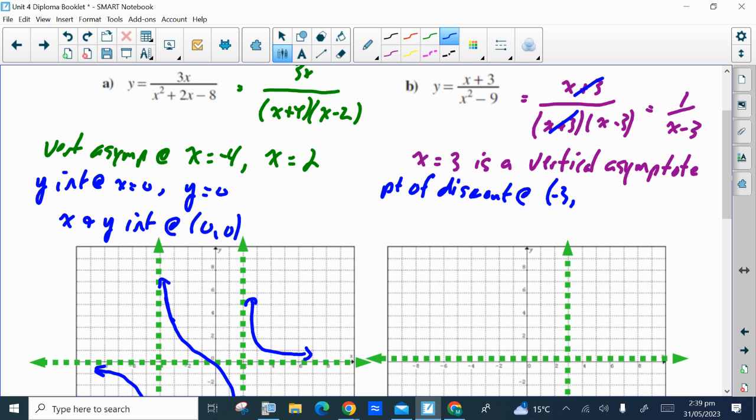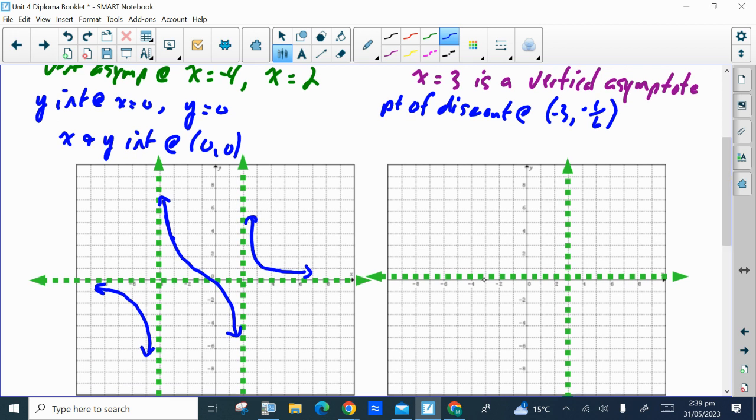Negative 3 take away 3 is negative 6. So that'll become negative 3 comma negative 1/6. So approximately there. So again, this graph will look something like this. Whoops. Before I do that,